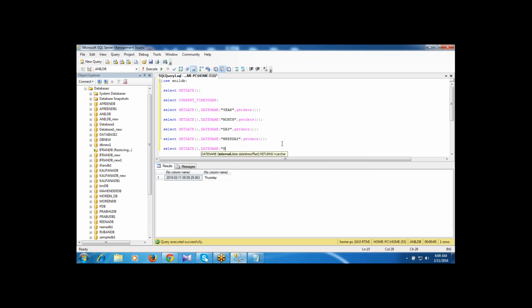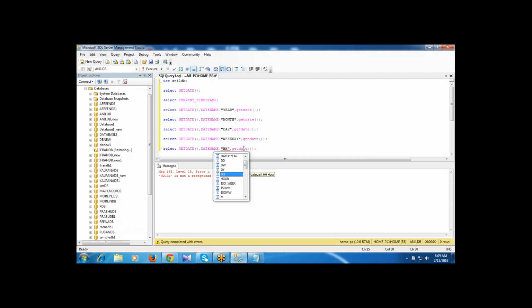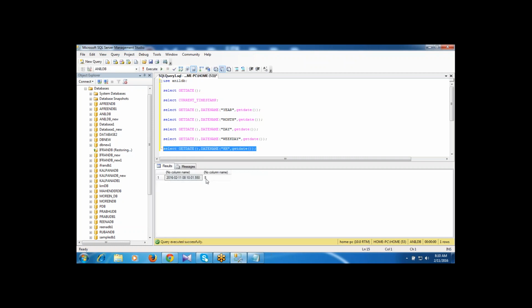The interval is hours. Then input parameter is GETDATE function. Hours is 8.